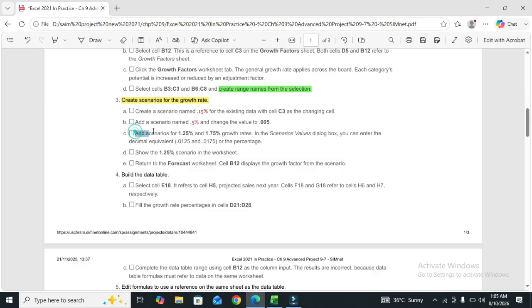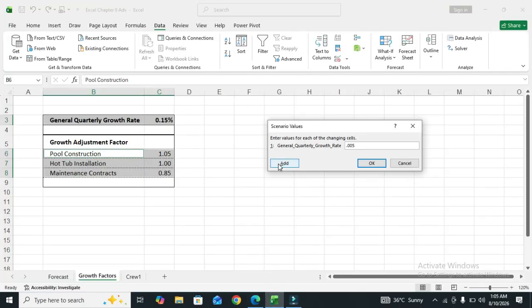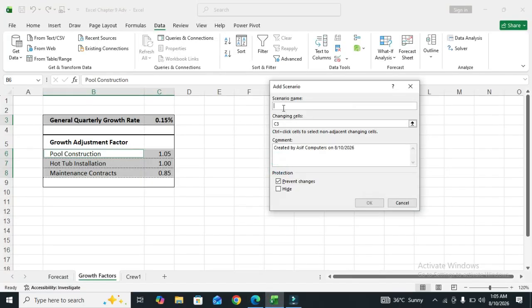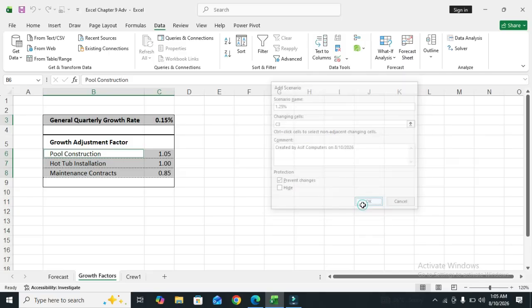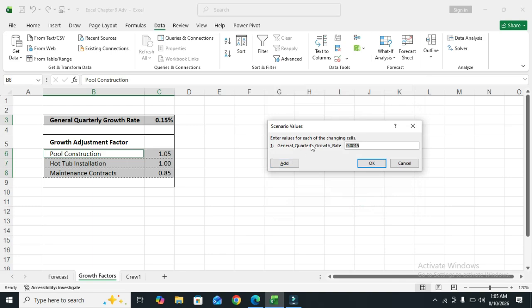First we add the scenario 1.25%. Click Add, scenario name 1.25%, and OK.